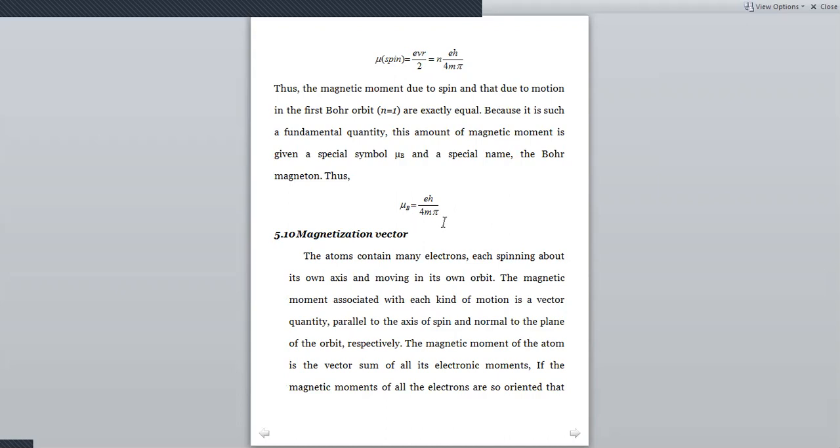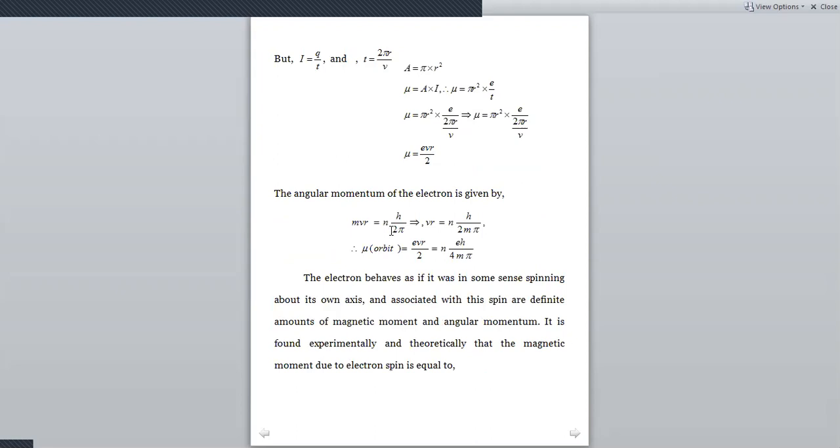The next point is the magnetization vector. As we know, every atom has a magnetic moment. This magnetic moment is a vector quantity. Therefore, it has a particular direction. So, as a vector has a particular direction, this value is said to be the magnetization vector. Here we will see